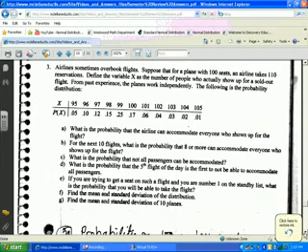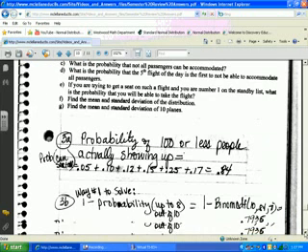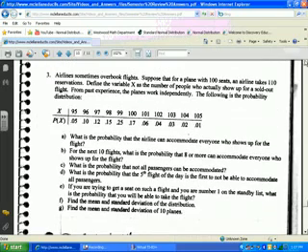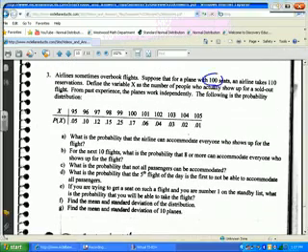Okay. And then number 3 for response. Okay, this one is about random variables. So lots of things that we may and may not have forgotten about random variables. Okay. So the probability that the airline can accommodate everyone who shows up. That means, see, it has 100 seats. So that's all these people here. If it can accommodate everybody who shows up, the probability of that is these probabilities added up.